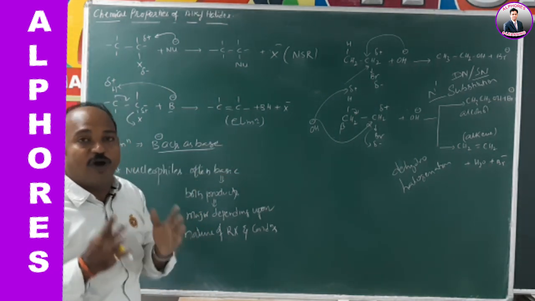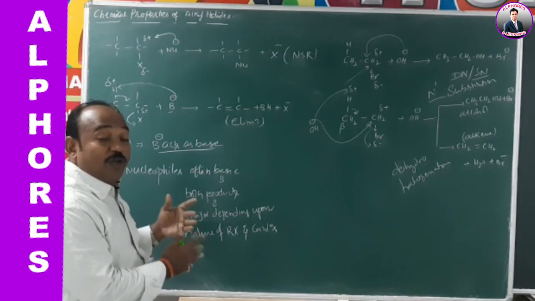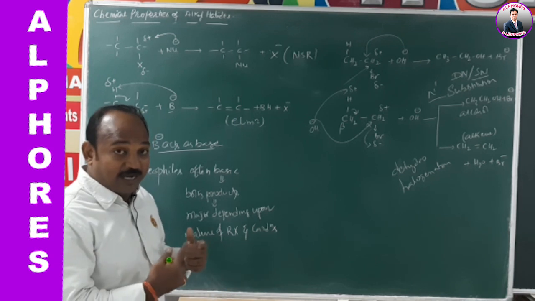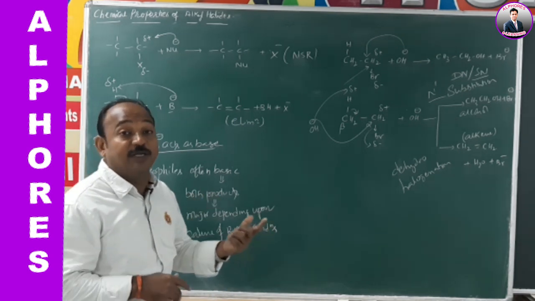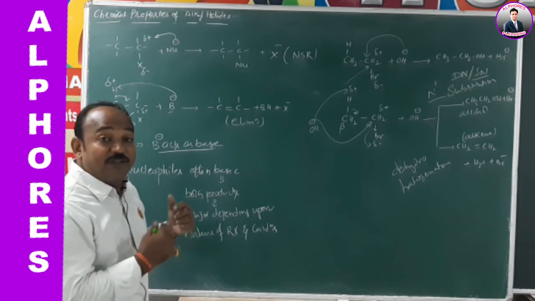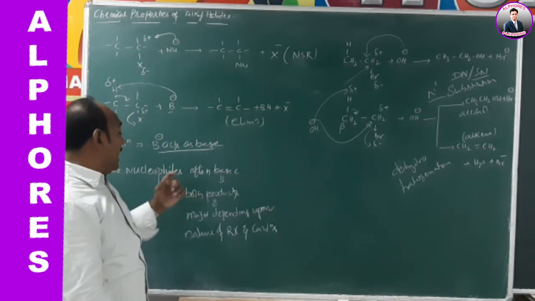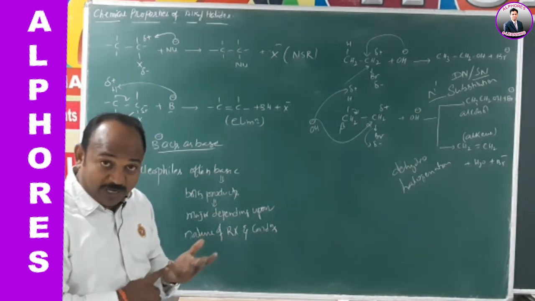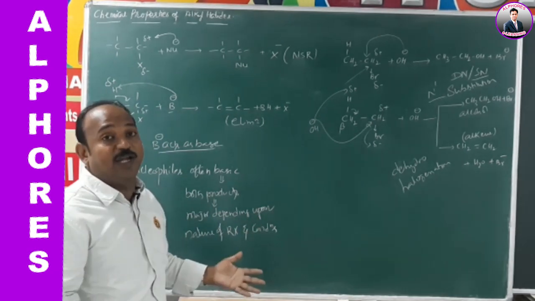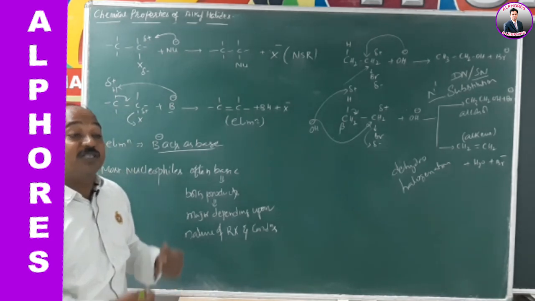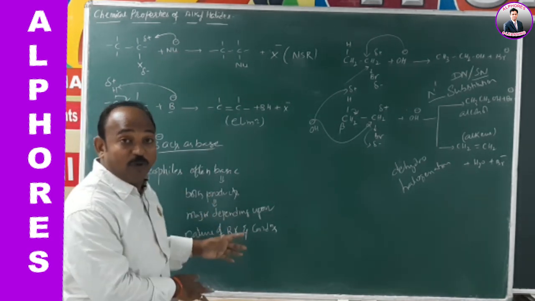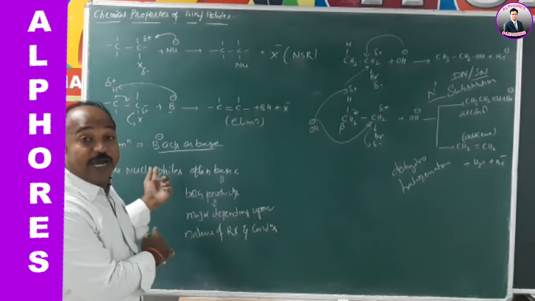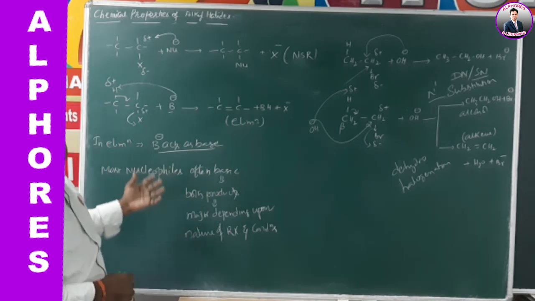So it depends on the conditions we provide and which one you are using, nucleophile or base. As I said, there is no distinction, species are the same, but their behavior is different. That we will discuss in the factors. Similarly, what is the nature of the alkyl halide? Which alkyl halide are you going to use: primary, methyl, secondary, tertiary? Which base are you using? What solvent are you using? What conditions are you going to provide? All these play a big role in determining which product is major and which product is minor.